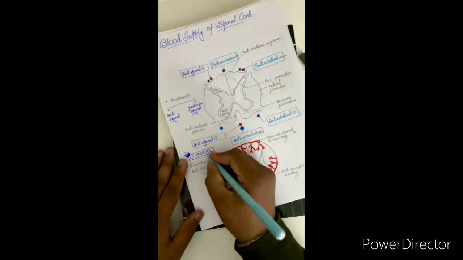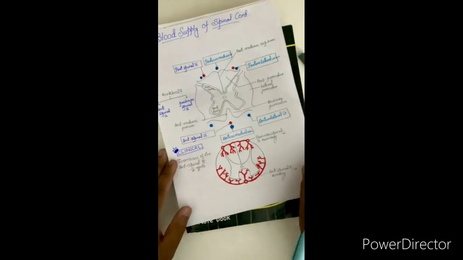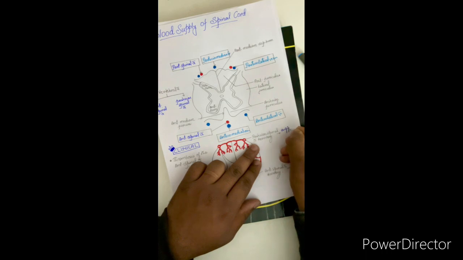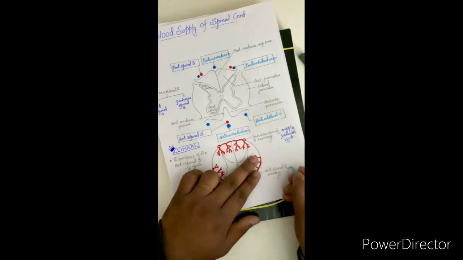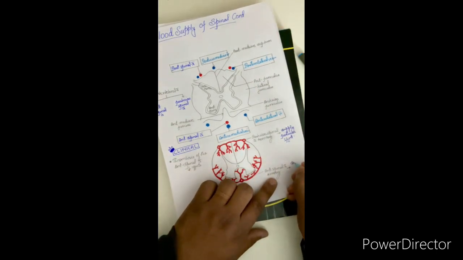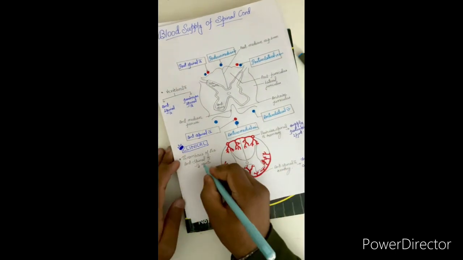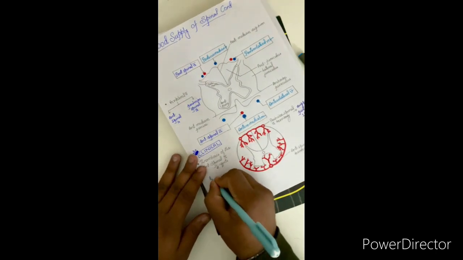Clinical anatomy. Thrombosis of anterior spinal artery and posterior spinal artery territory. Posterior spinal artery supplies the posterior one-third. Anterior spinal artery territory supplies the anterior two-thirds. If the anterior spinal artery is affected, thrombosis in the anterior spinal artery leads to